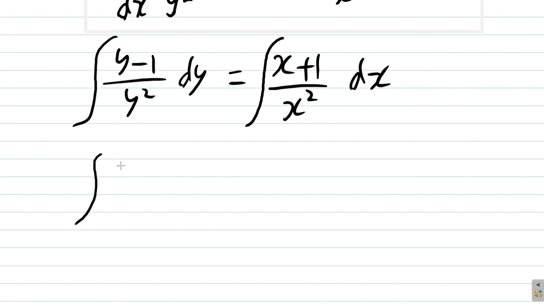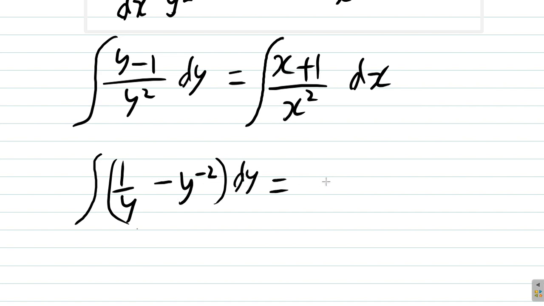This is going to be y over y squared minus 1 over y squared. You know, y divided by y squared: the y cancels, so it's 1 over y. So let's rewrite it as 1 over y. 1 divided by y squared, you can rewrite as y to the negative 2. See that? dy equals, now